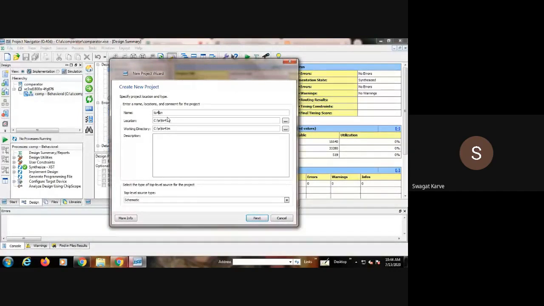We will give that location as 241M. Okay, this is the project folder that we will create.